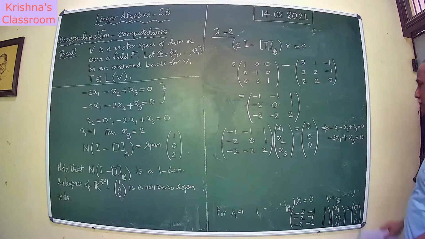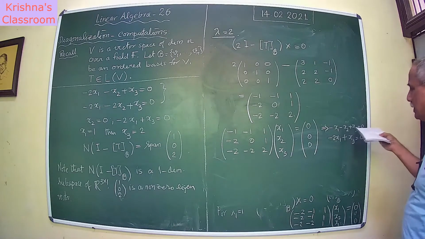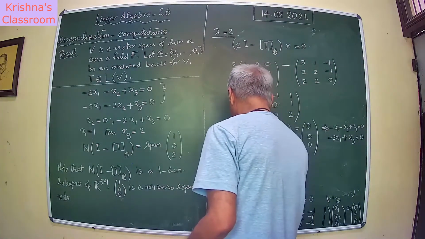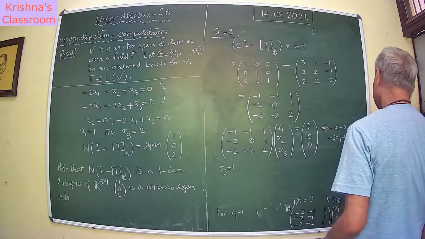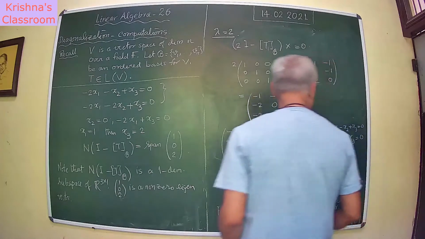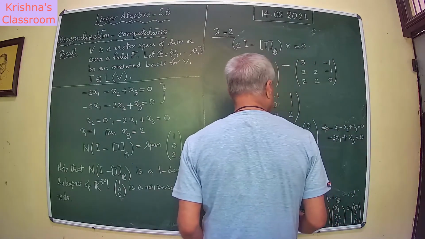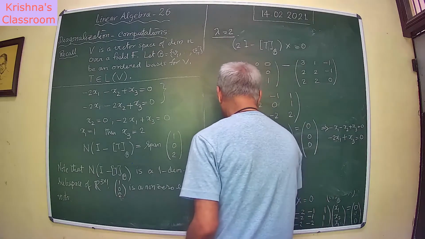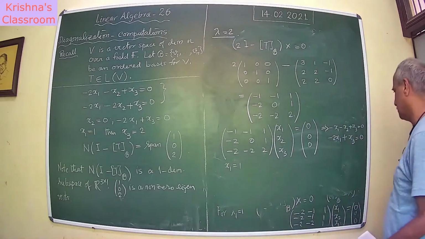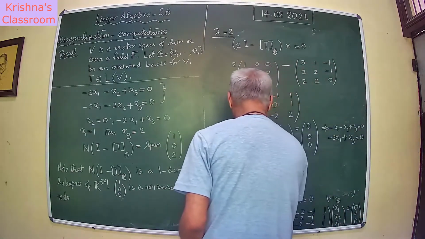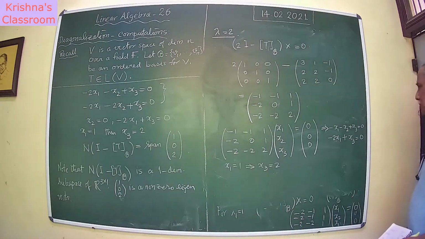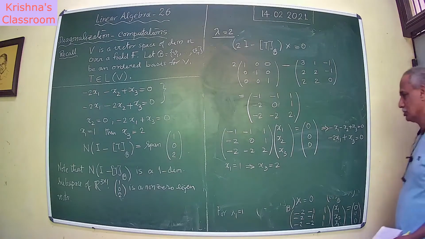So let us choose, see, one of the variables x1, x2, x3 you can choose arbitrarily. So you choose x3 equal to, then what do you get? You get from the second equation... Oh, let me choose x1 equal to, I don't want fractions to come. Then you see that x3 equal to. So you see that